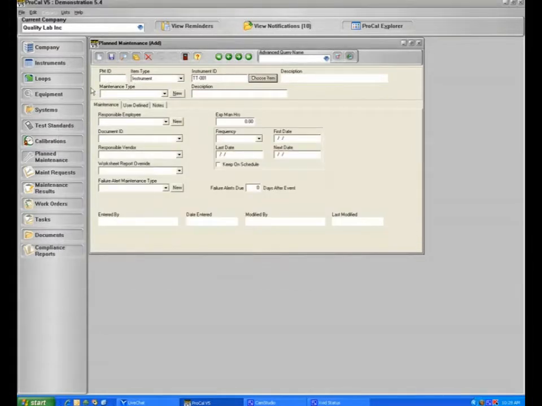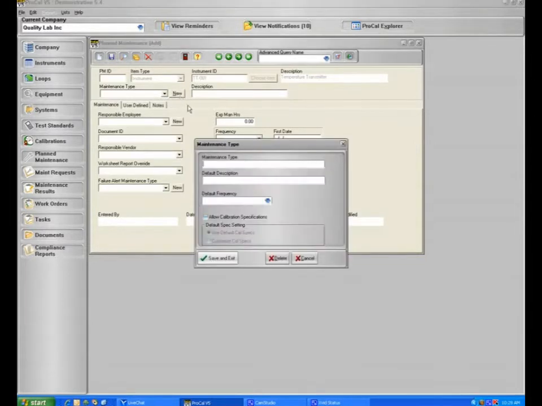And now the maintenance type drop-down list. This is a list that we have predefined in a sample database. This list is defined by the user, and ProCal will manage any additional event outside of calibration. By clicking the New button, you may create a new one on the fly by giving it a maintenance type, a default description, even a default frequency, and this activity may include calibration events where,